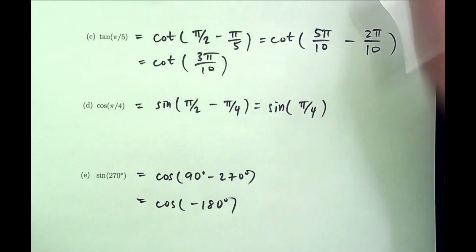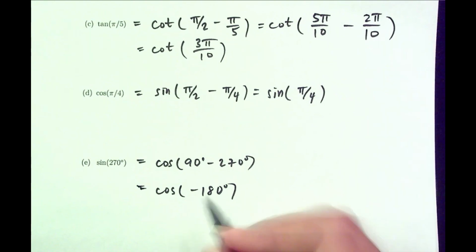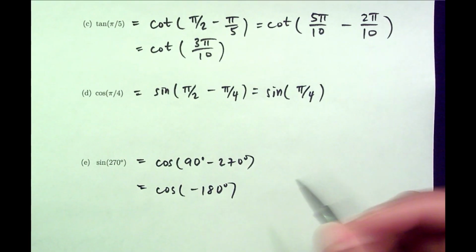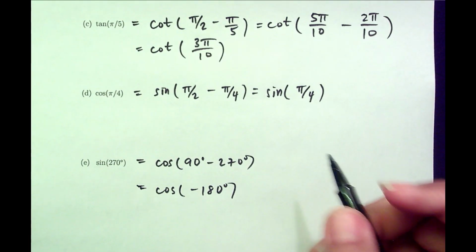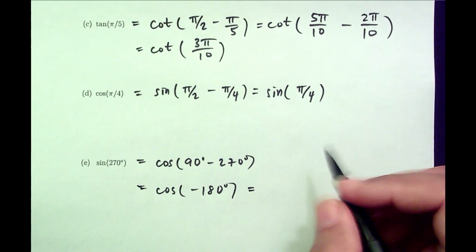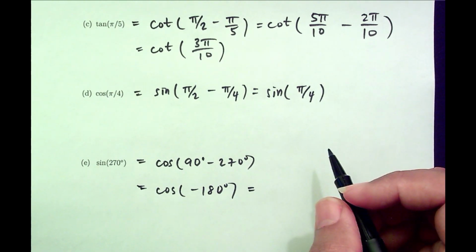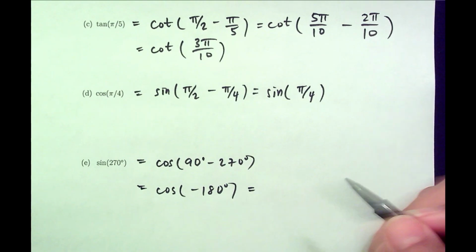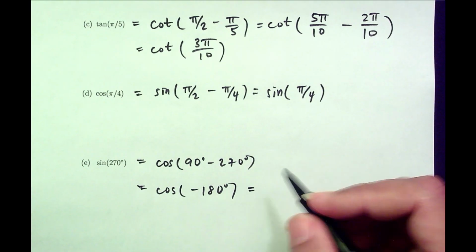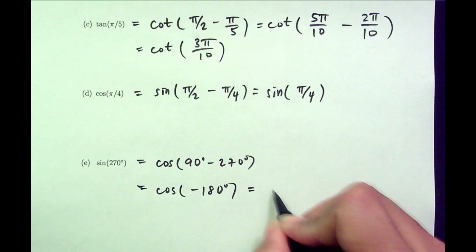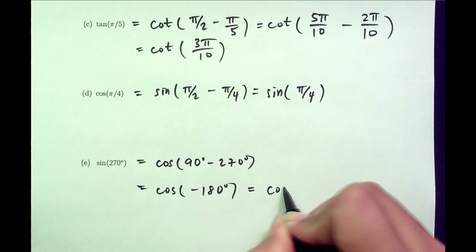Okay, so that's correct. Now, if you want to simplify this more, it's a special angle. Typically we could look it up, but we're going to deal with that in a moment. You can use the properties of even and odd to simplify this further, and say that because cosine is even, this is the same as the cosine